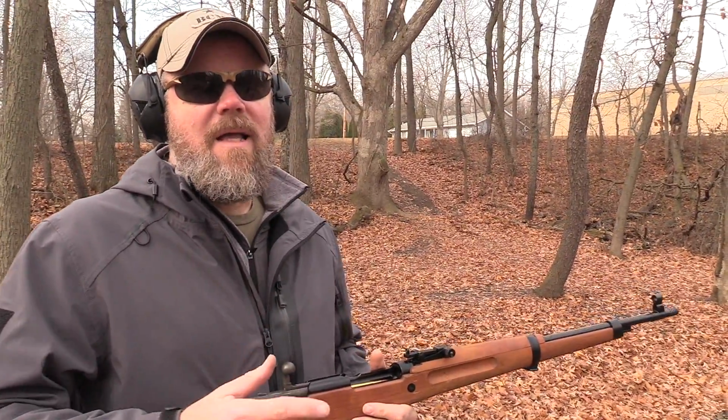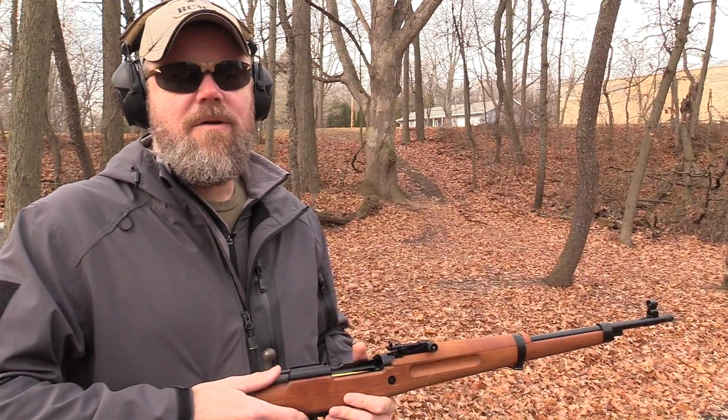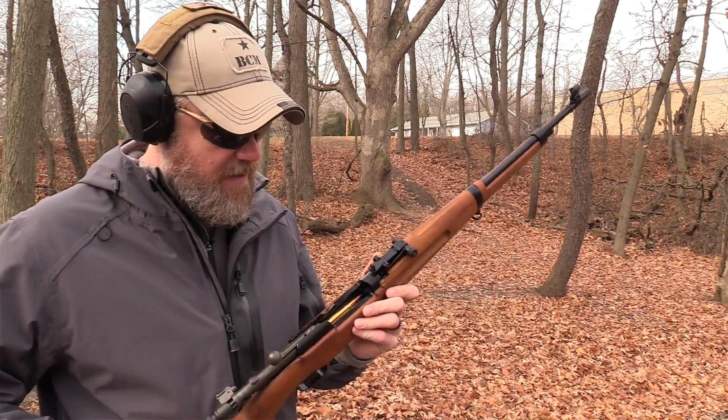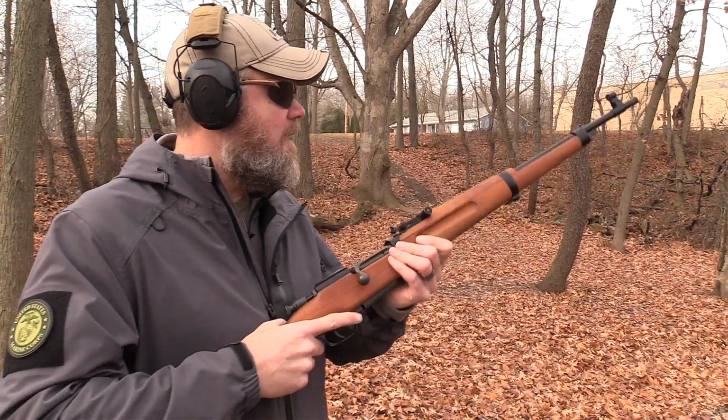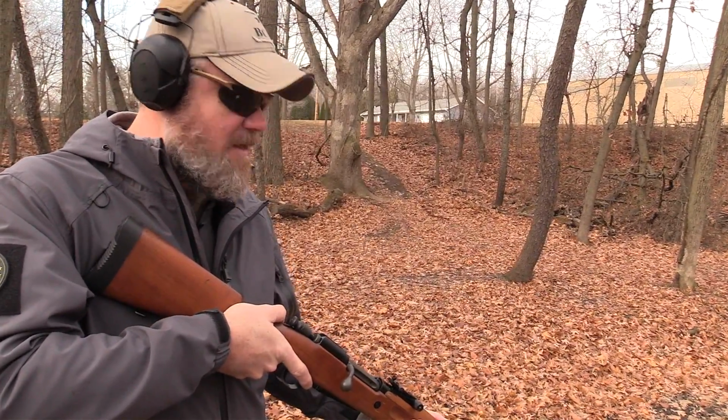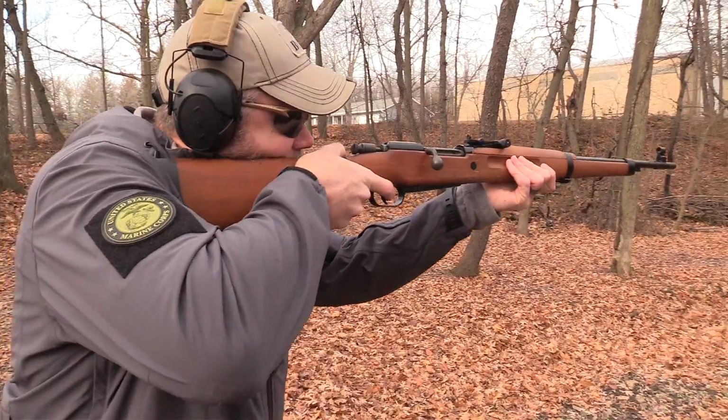Now, as I have mentioned, I am not the world's fastest bolt-action shooter, but we're at the 50-yard line, with 5 rounds of 150 grain Remington loaded up, and I'm going to work on this IPSC target and see how fast I can cycle the bolt and score hits. I don't think I'm that fast, but